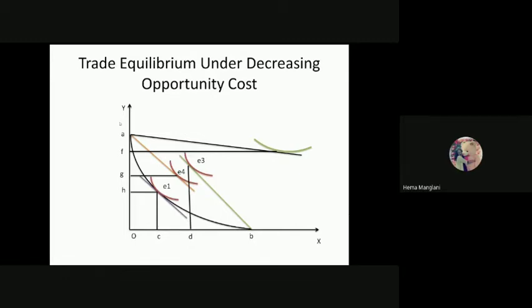Here, why commodities price? Because once it is relatively steeper, then the Y commodity is less expensive in the international market. If it is steeper, then the X commodity is expensive in the international market. So how would you get the more benefit? Only when you are producing and offering those commodities which are expensive in the world economy. And that is why you want to offer X commodity more in the international market.